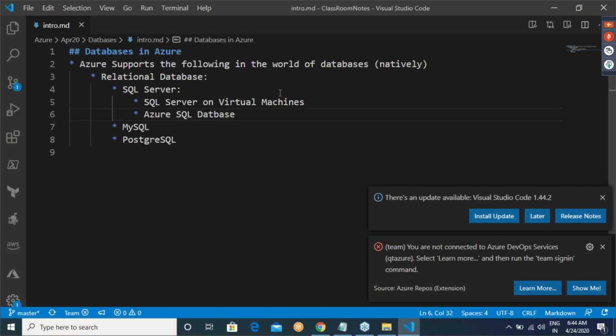My reminder again, there is no need for you to worry about what these things are, that is what we are going to learn anyway. And MySQL is Azure Database for MySQL, and Postgres is Azure Database for Postgres.